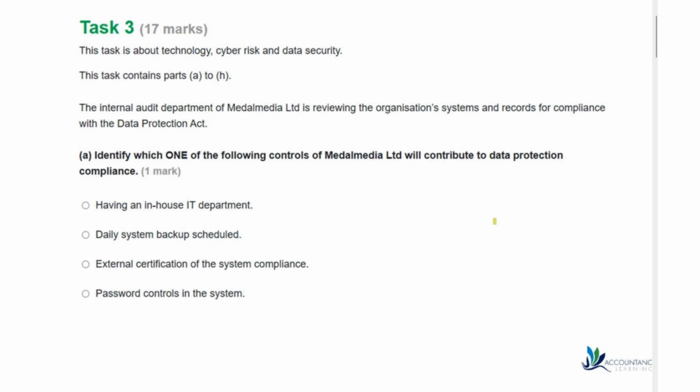The Internal Audit Department of Medal Media Limited is reviewing the organisation's systems and records for compliance with the Data Protection Act. Identify which one of the following controls of Medal Media Limited will contribute to data protection compliance. Our options are having an in-house IT department, daily system backup scheduled, external certification of the system's compliance, or password